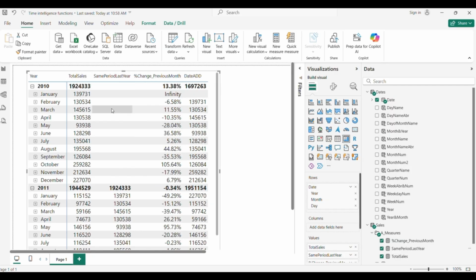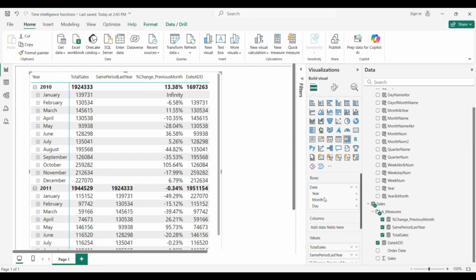And we will see here that, of course, for 2009 we don't have any data, but for 2011 we already have taken data from 2010, and we can just make a comparison now, 10 months. Same period last year.